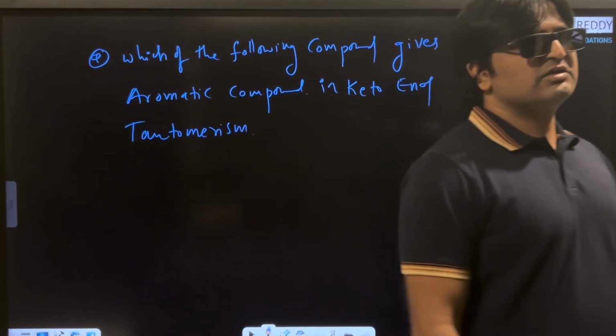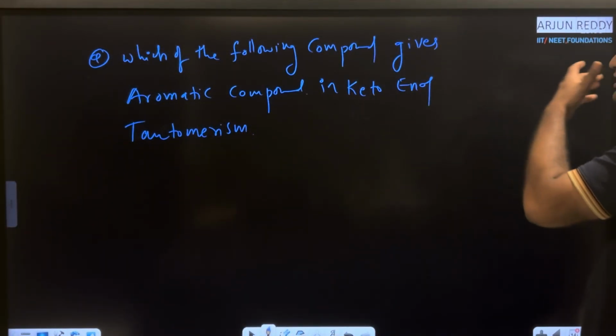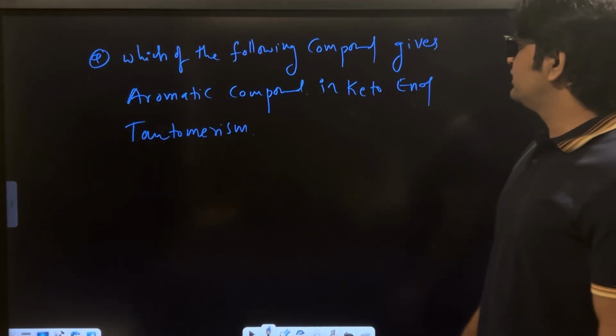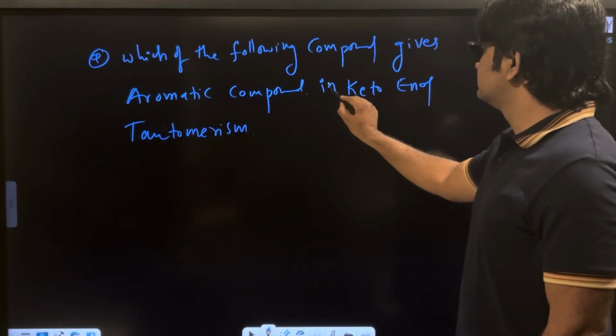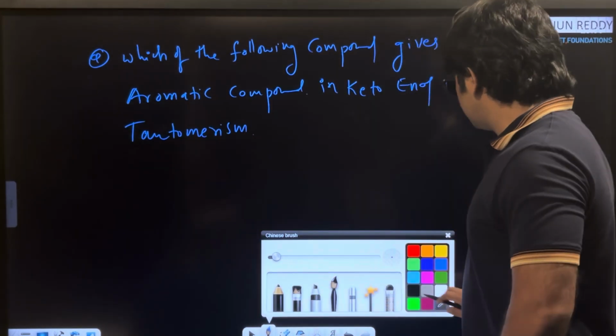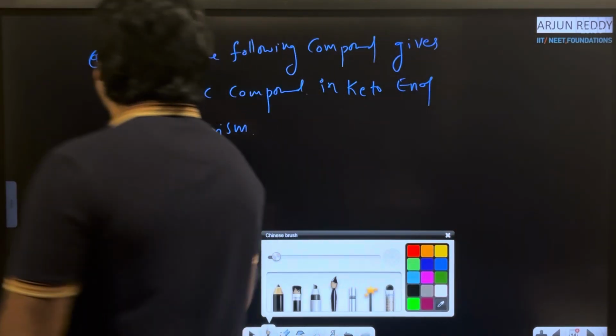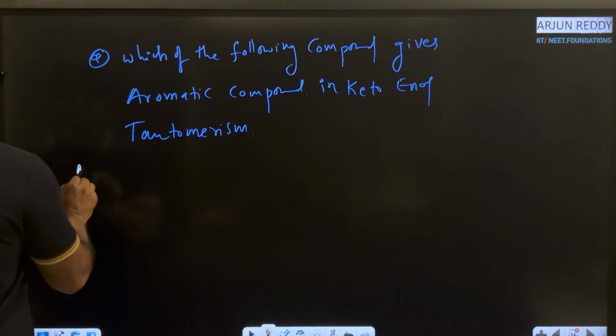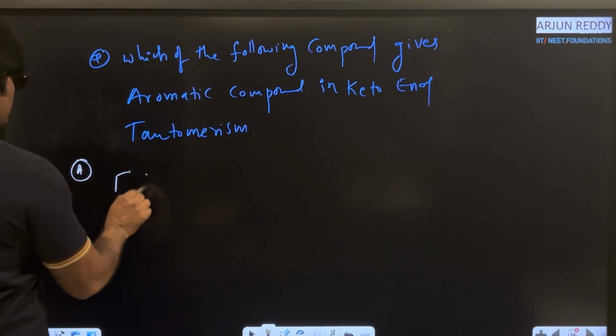Keto-enol tautomerism. That is our question. Which of the following compound gives aromatic compound in keto-enol tautomerism? I am giving some options like A, first compound is like this,